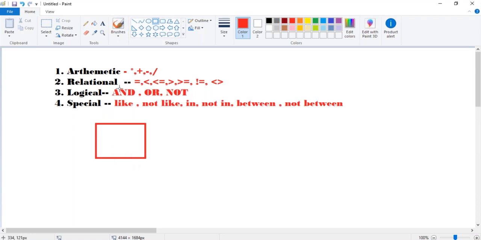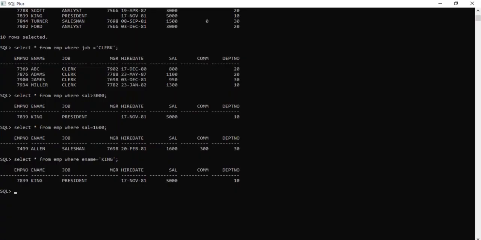Okay, now the very important thing is logical operators. Logical operators AND, OR, NOT are there, right? So when we talk about AND, now it is my table. Why are we using AND? If we are using more conditions, then all conditions must satisfy, otherwise it won't display the data. Okay, for example, let's see here.